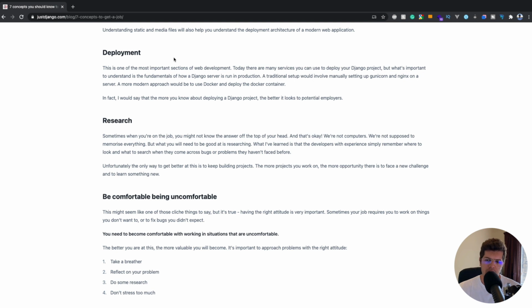So I've just touched on the sort of architecture of it, and this deployment is a huge section, and there's a lot of ways that you can do it, but it used to be, at least before DigitalOcean released their App Platform, I would normally deploy it on a DigitalOcean droplet, and I would manually set up Gunicorn and Nginx to basically handle those aspects of running the server. Now, since then, you've got the App Platform, you've got another service like render.com, you've also got Heroku that's been around for a while, but